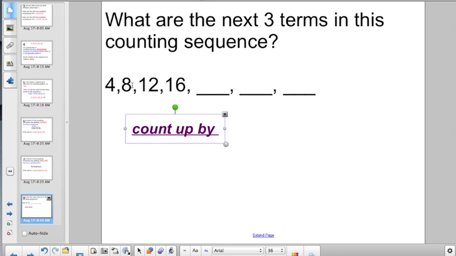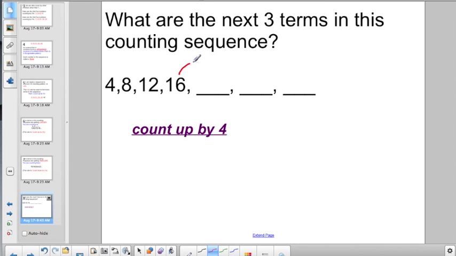The numbers are getting bigger, so I know I'm counting up. Do you have it figured out yet? We are counting up by 4, aren't we? Counting up by 4. So now let's go ahead and try to figure out the next 3 terms of our counting sequence. If I'm counting up by 4s and my last term is 16,